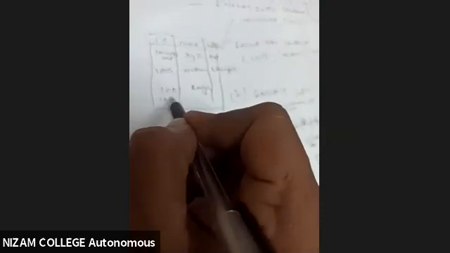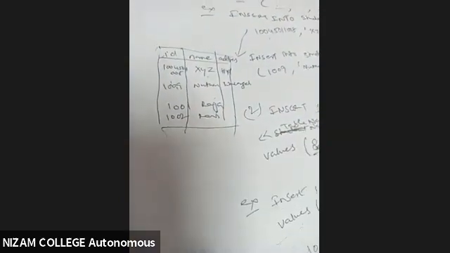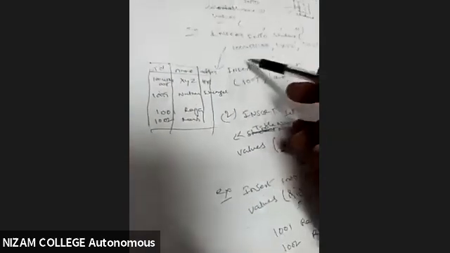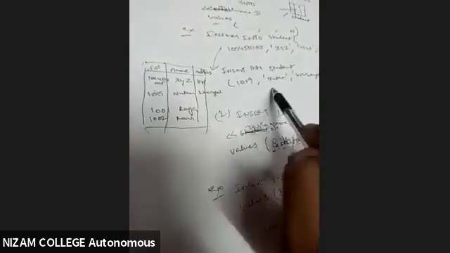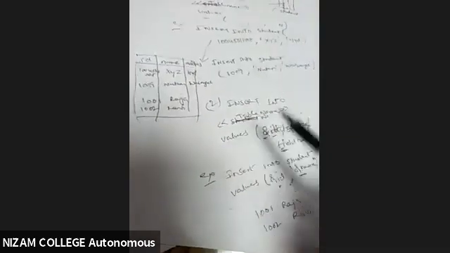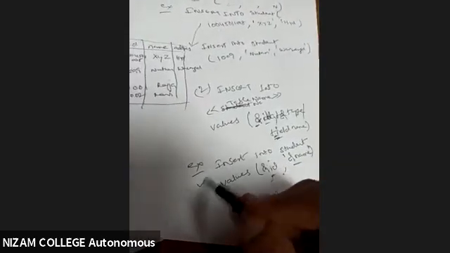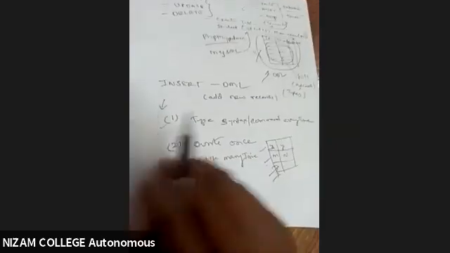Then again, my record will be entered like this. So what is happening from here to here? If you see the previous syntax and this syntax, every time I'm writing the syntax for each and every record, I have to write insert into student, then pass the values like this. But over here, I don't have to write it, because only one time I'll write it. That is what the type 2 syntax is.